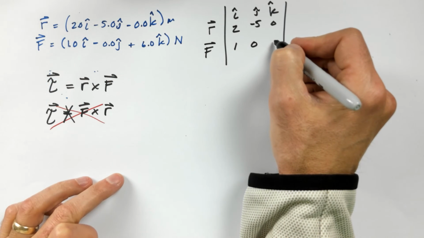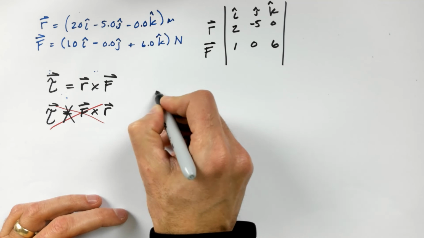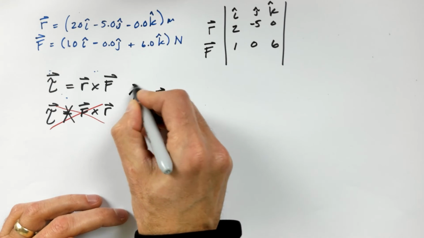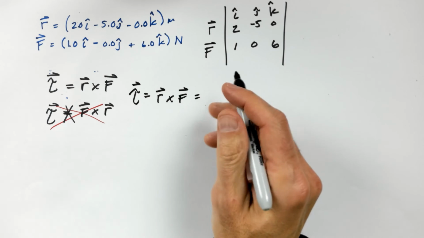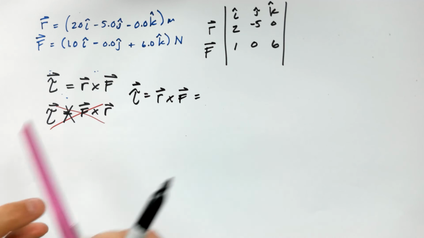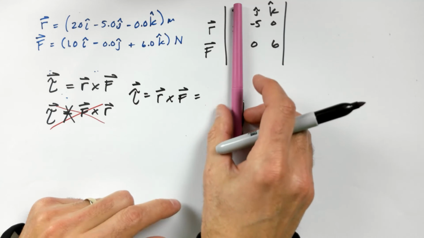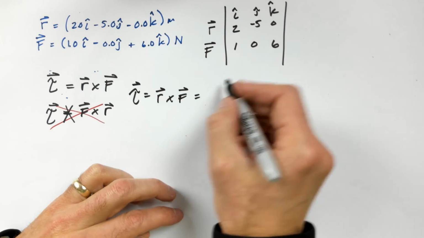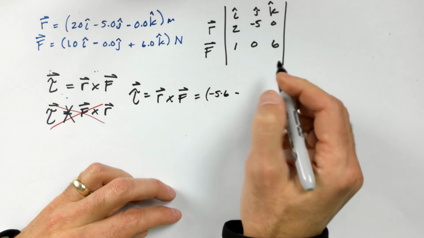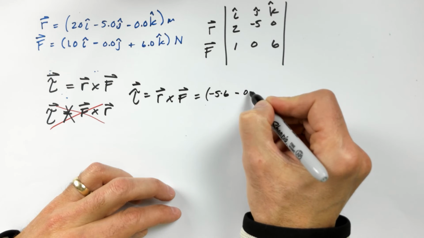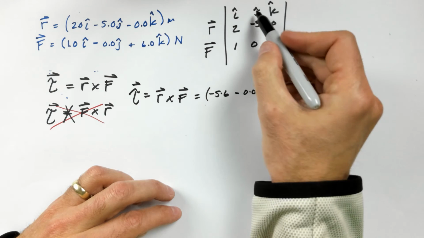And the K is positive 6. So R cross F, which is what the torque is, that's what we're looking for, is going to be equal to, again, let's go ahead and cross out the I. So we're looking at -5 times 6 minus 0 times 0 in the I, plus, we're going to cross out the J,